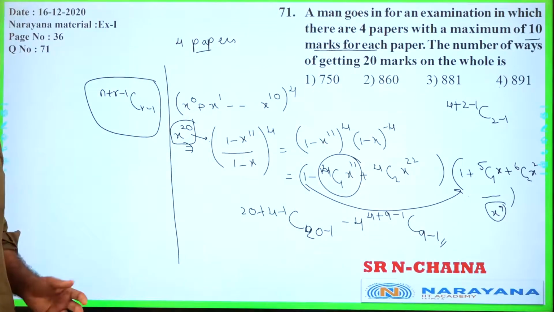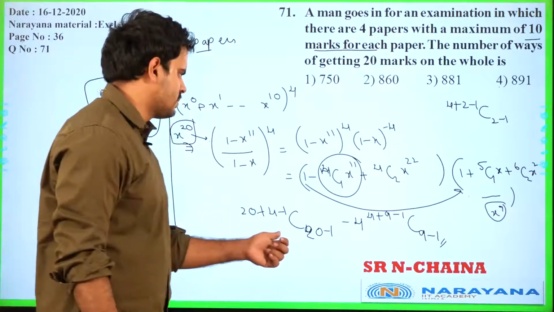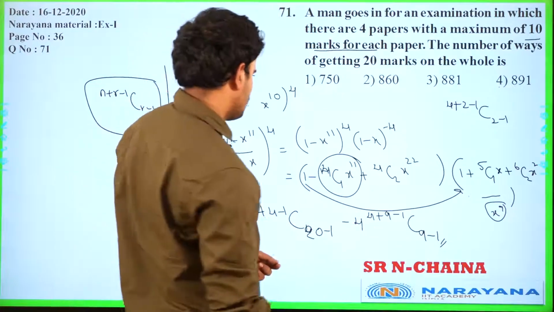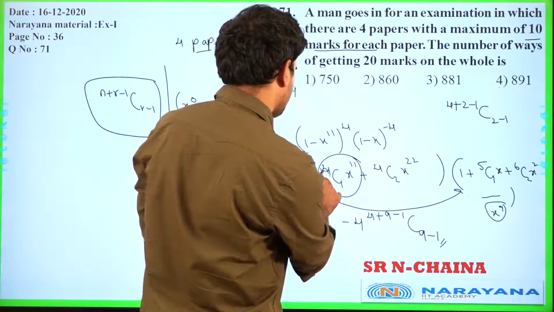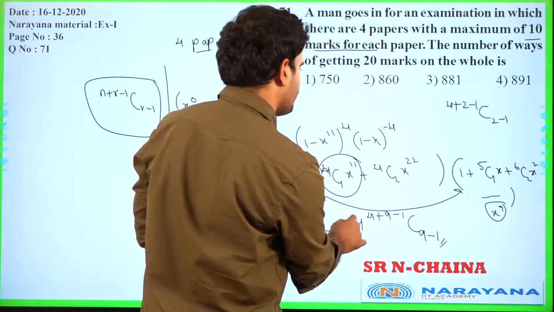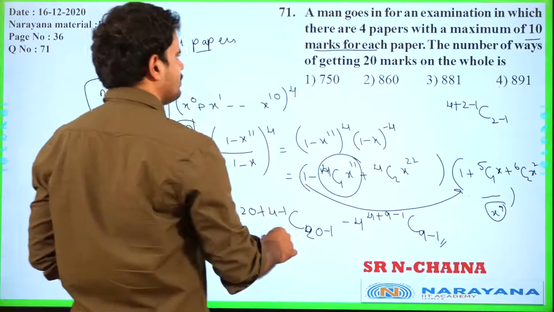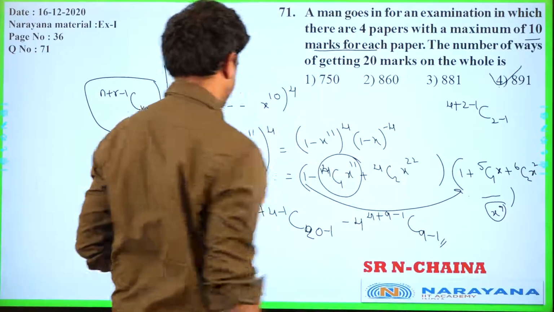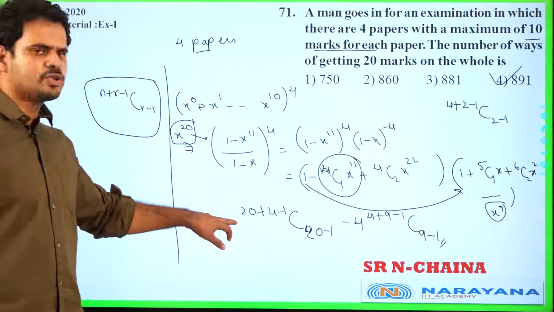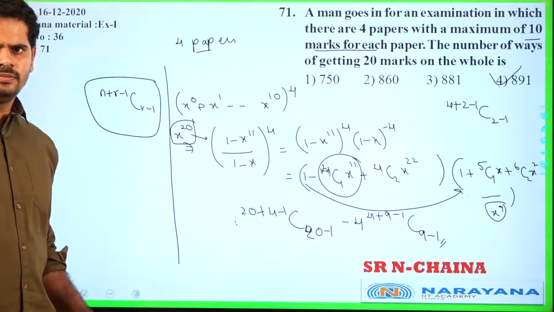So we know each and every term. We know this one, similarly this one. So we have this one, 4C1, that is 4, into this one. If you solve it you will get the answer as this. But how we got this is the most important part. I hope everyone understood.